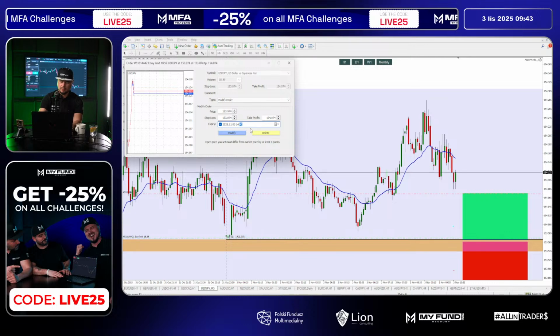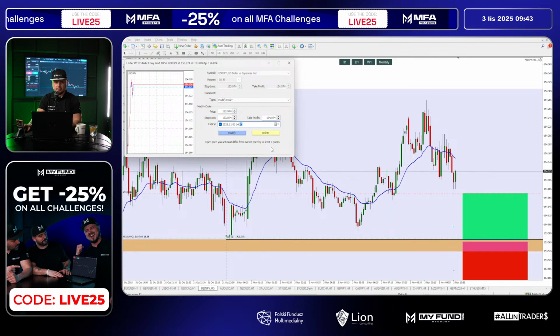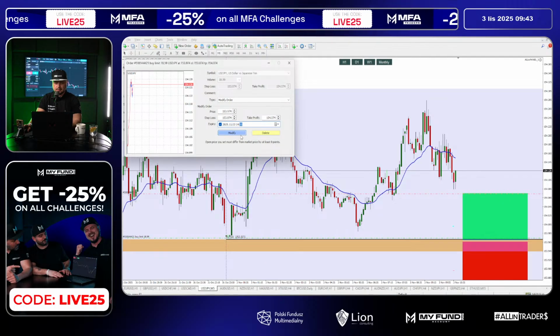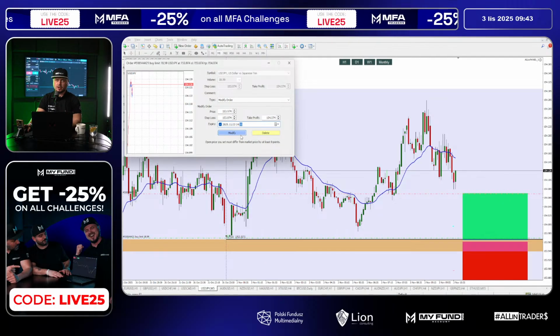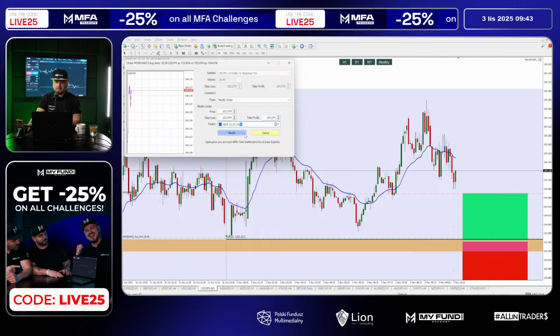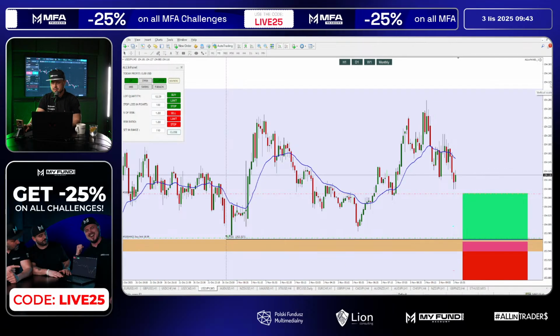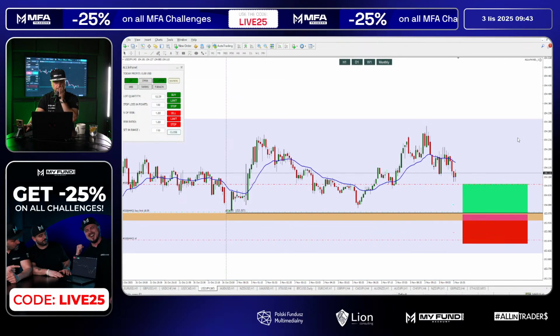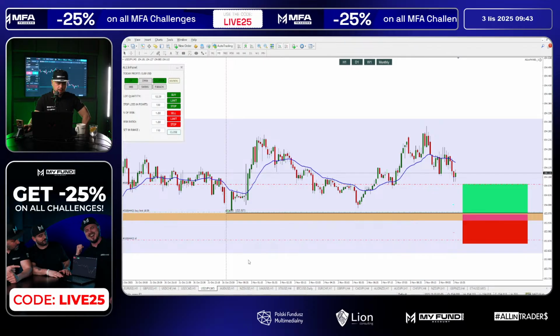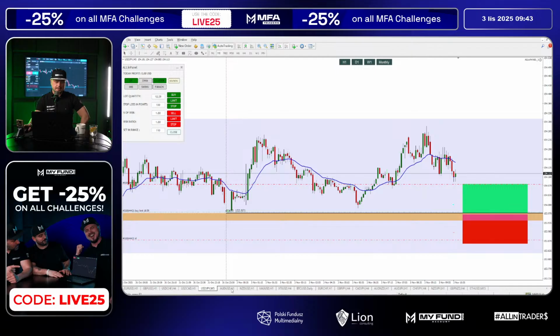Let's say till 2 p.m. I can leave that order. So if this order won't activate before that time, it will be removed from the chart. So I don't need to remember about closing this trade. I'm just gonna leave it. I'm gonna click modify, and it should be removed before that time. Okay, so we got one order set, order for reaction from our all-in ASAP strategy.